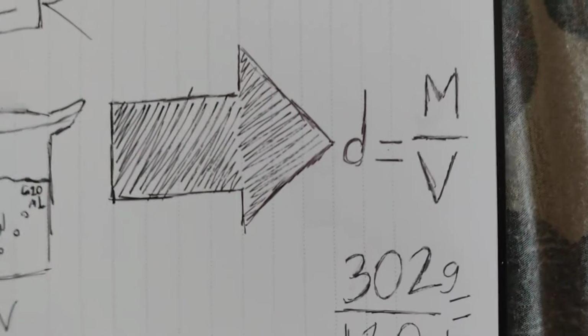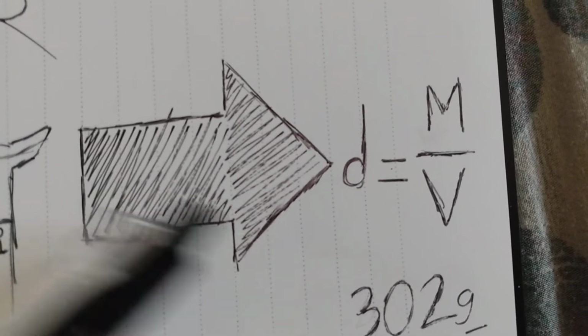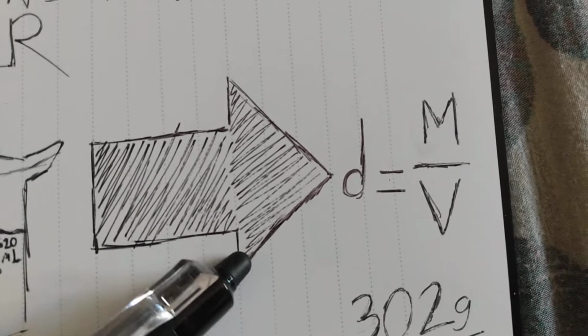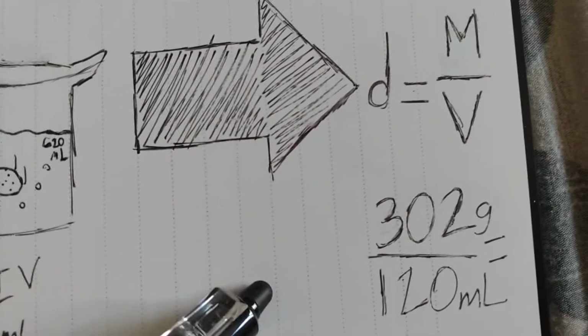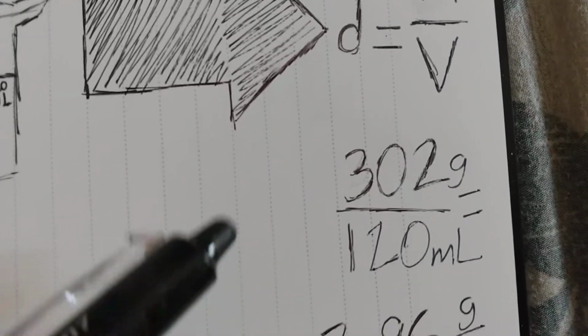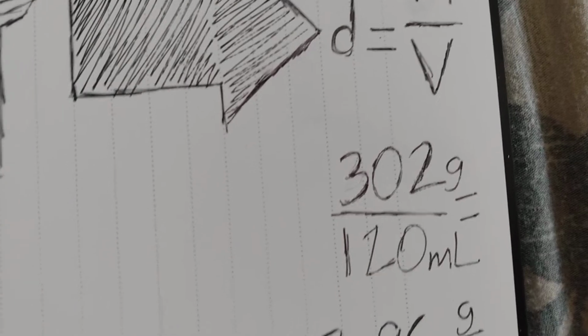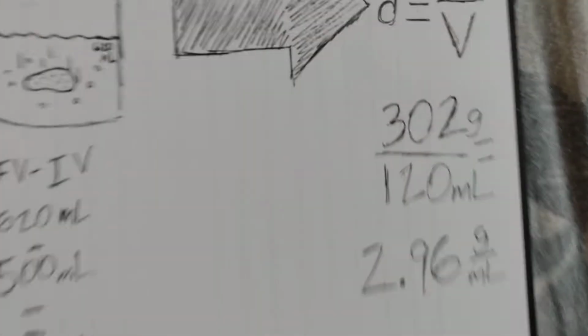Then you do the hardest part of the math, which is the density formula. So it's D equals M over V. Density is equal to the mass over the volume. So take the 302 grams we got from measuring the rock, and then we divide it by the 120 milliliters we got from subtracting the initial volume from the final volume. After that, you end up with